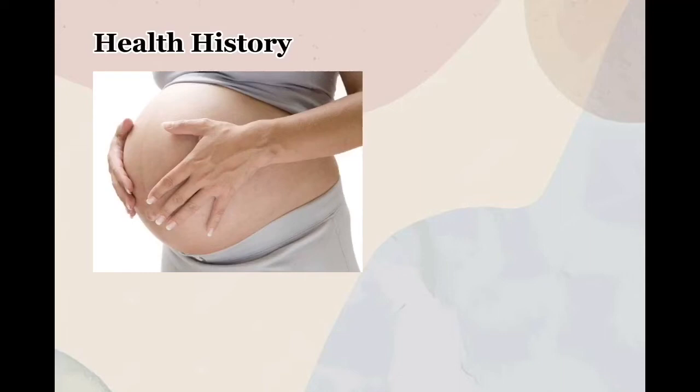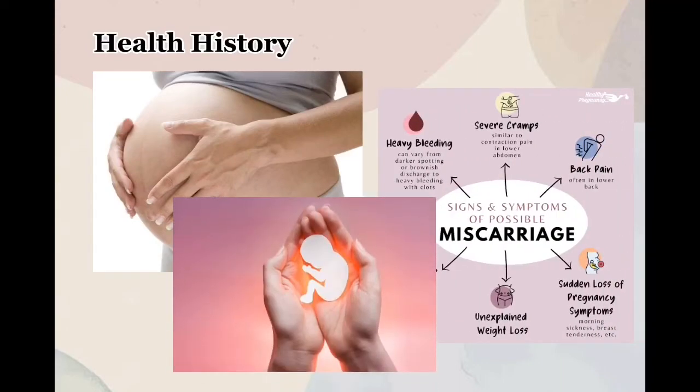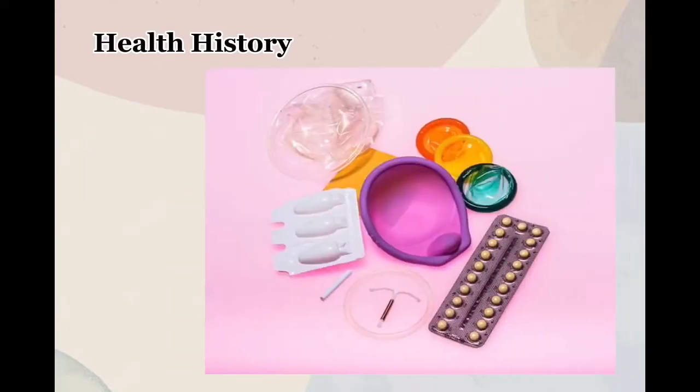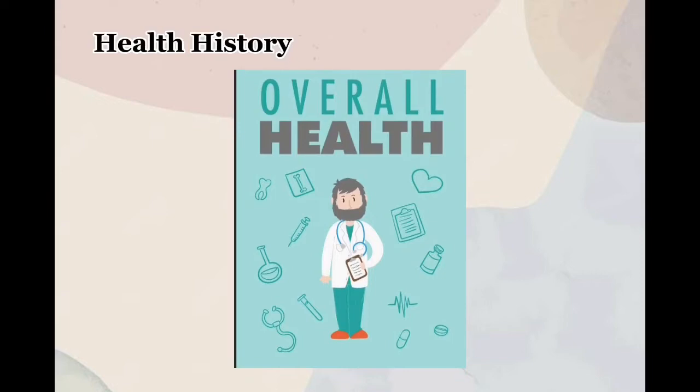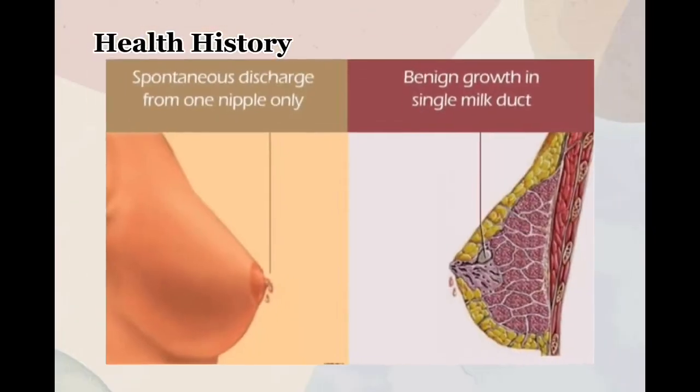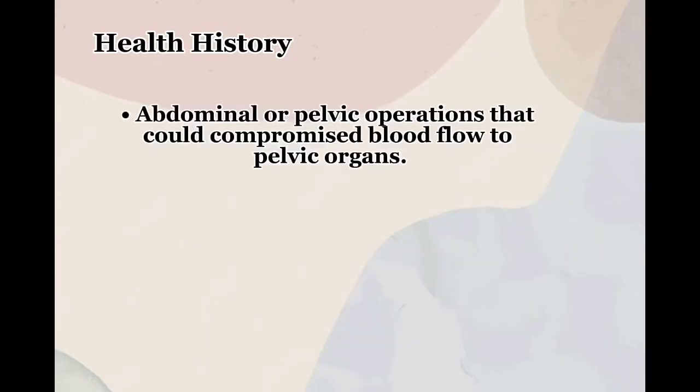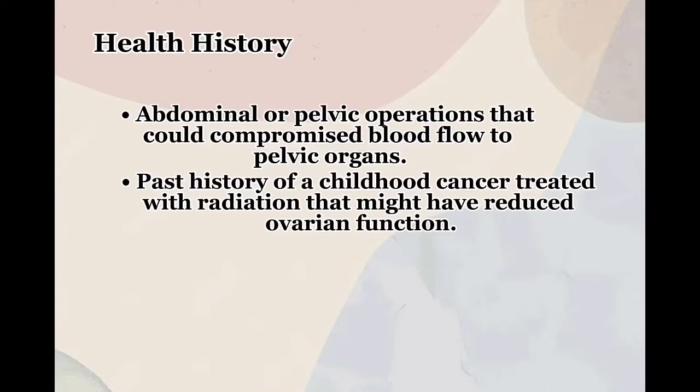Next, the woman's health history. First, you have to ask about past pregnancies, miscarriage, or abortion, history of contraceptive use, current or past reproductive tract problems such as infections, overall health, emphasizing endocrine problems such as galactorrhea, abdominal or pelvic operations that could have compromised blood flow to pelvic organs, past history of a childhood cancer